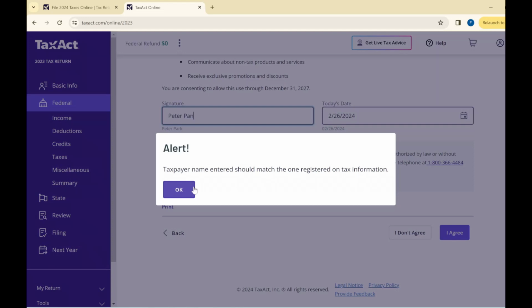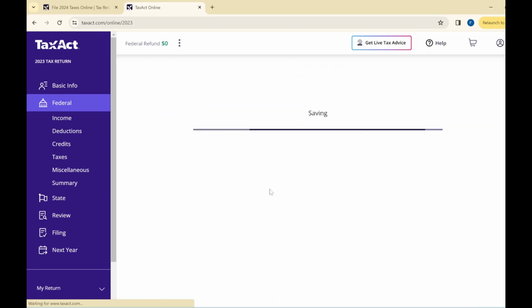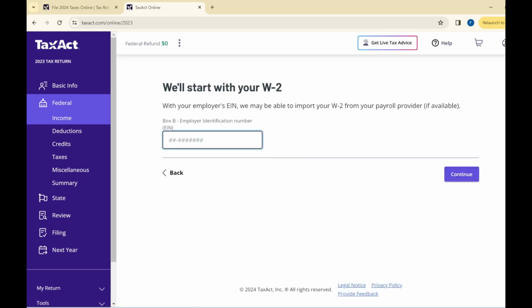Taxpayer name should match the one registered on tax. Okay. So now we're gonna start with our W2. You're gonna enter it just as you see it on your W2. You're gonna have the employer ID, and then you're gonna follow the boxes to enter your wages, your federal taxable income, your social security income, and withholding, and things like that. Let's enter something here,